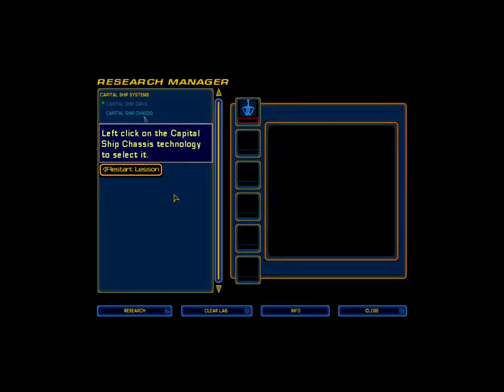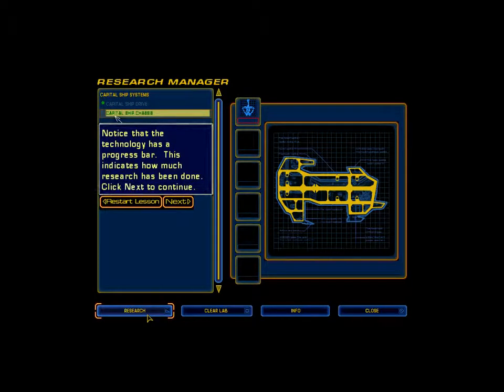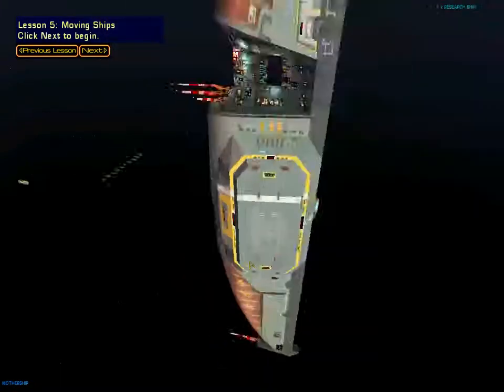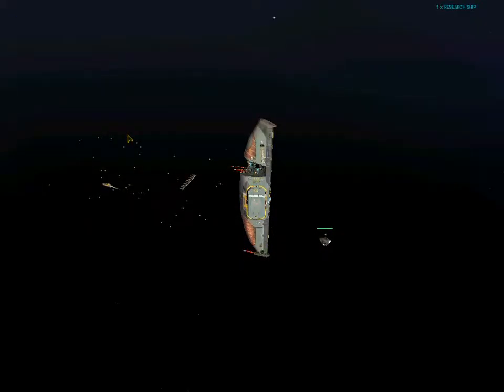Left-click on the capital ship chassis technology to select it. Left-click on the Research button. Notice that the technology has a progress bar. This indicates how much research has been done. Click Next to continue. Left-click on the Close button to exit the Research Manager. Lesson 5, Moving Ships. Click Next to...